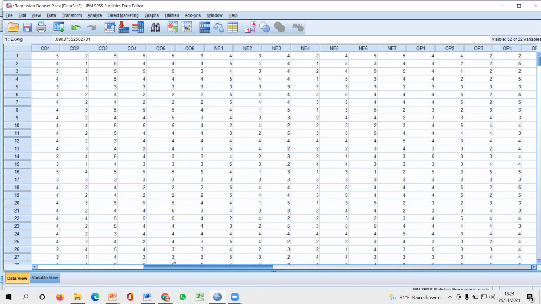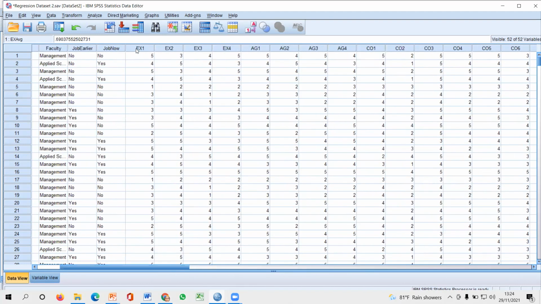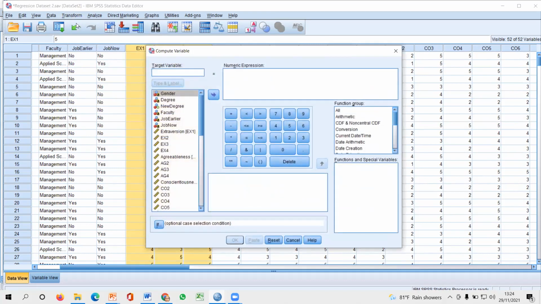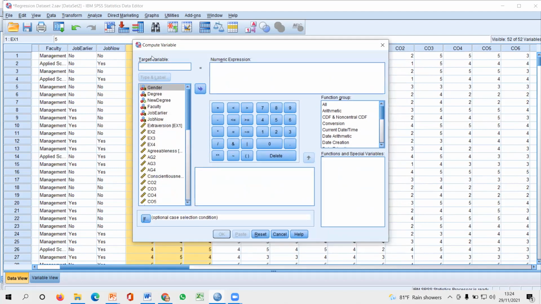Now I want to make sure what the mean value of this first independent variable is. So මේ තුනේ එකතුවෙන් එන mean value එක මොකක්ද කියලා මට බලා ගන්න ඕනේ, right? So you can do it in here. You can go to Transform and go to Compute Variable, right? In here you can give the name for your variable, and remember you cannot keep spaces